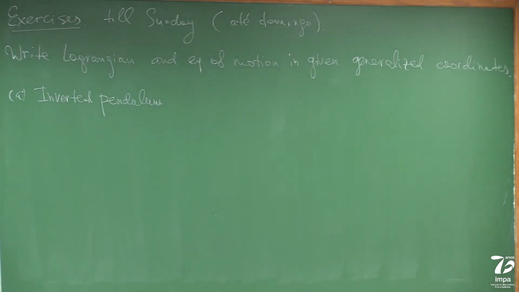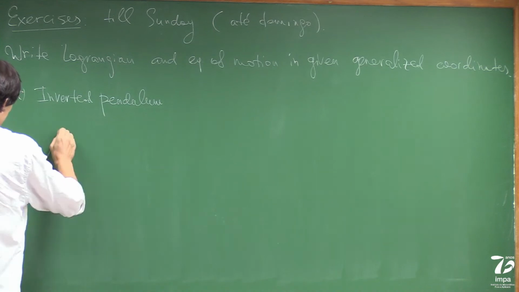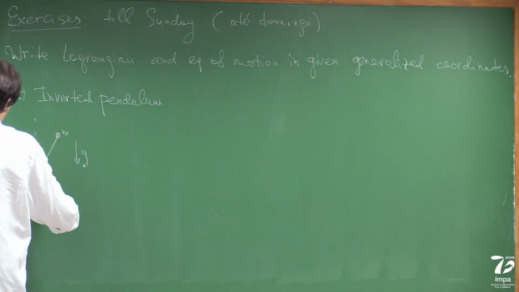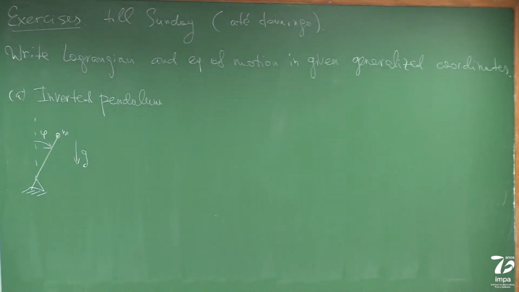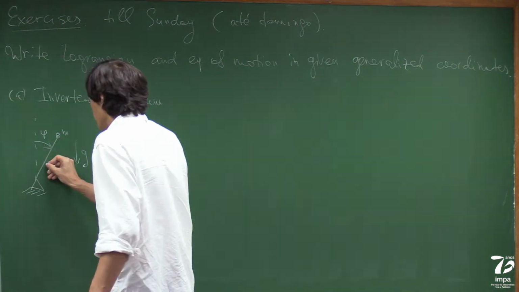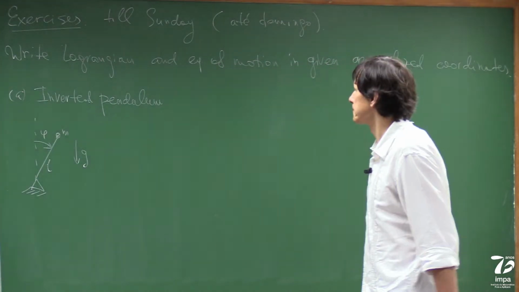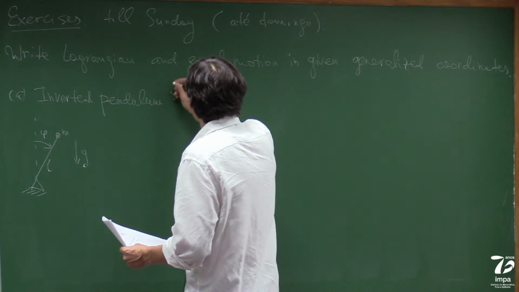Inverted pendulum is just a usual pendulum, but looking upwards. So this angle will be your generalized coordinate. So pendulum of length L with mass m, gravity, and that's it. So then the second